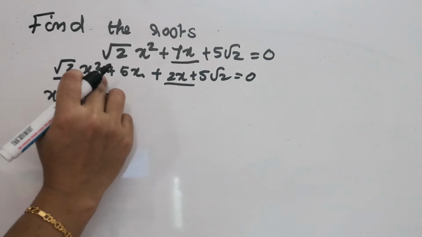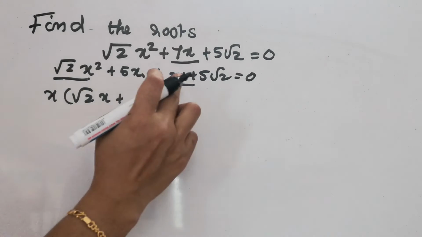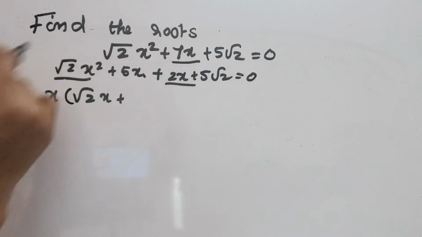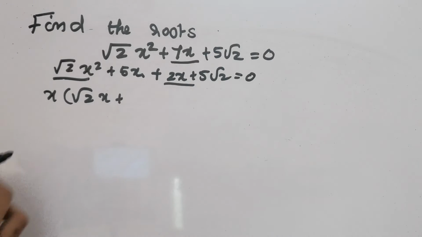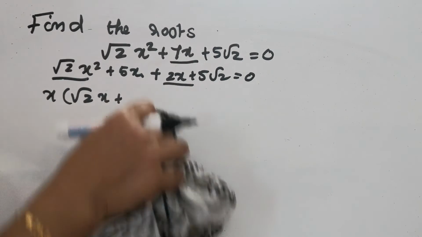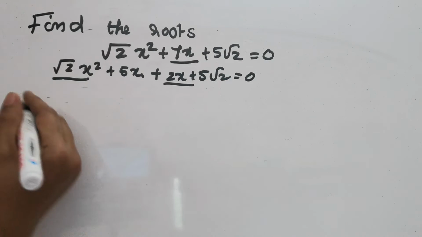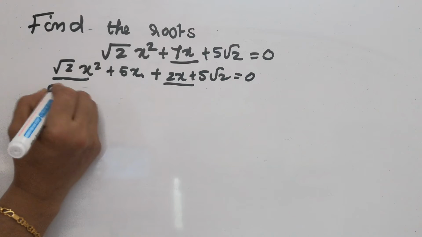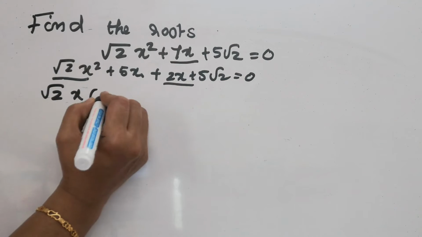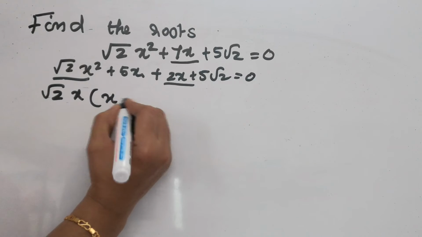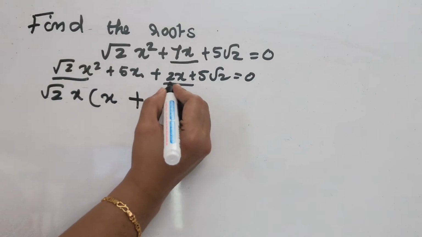We have to take the x outside, or the square root of 2x. Okay, we have to take the square root of 2x outside,